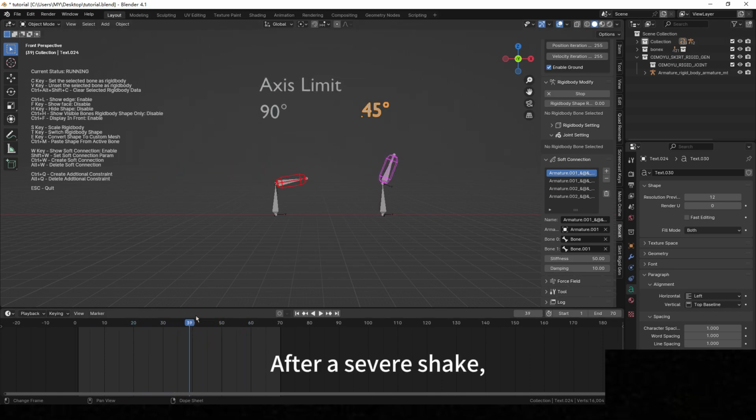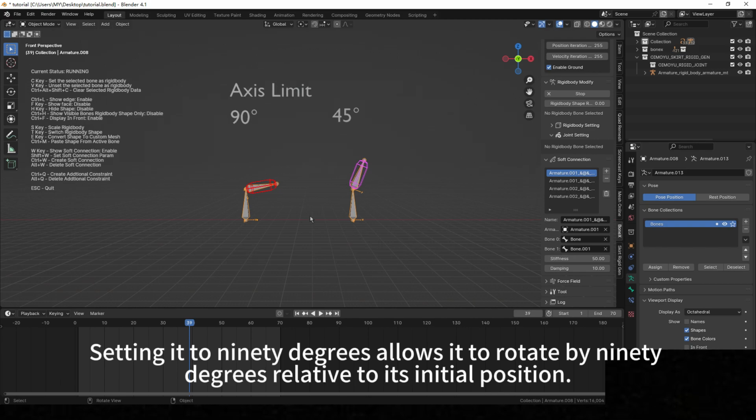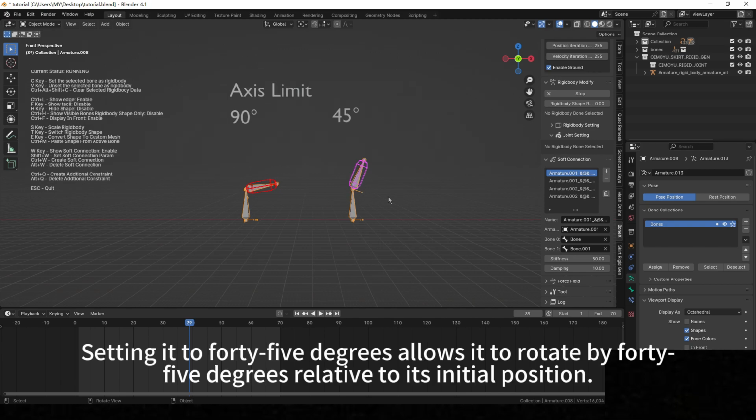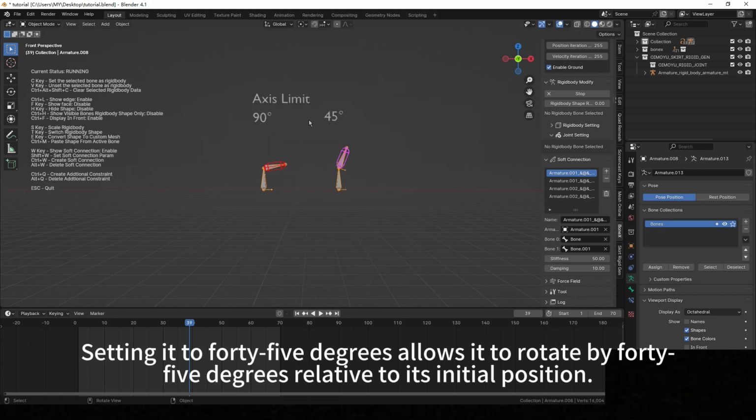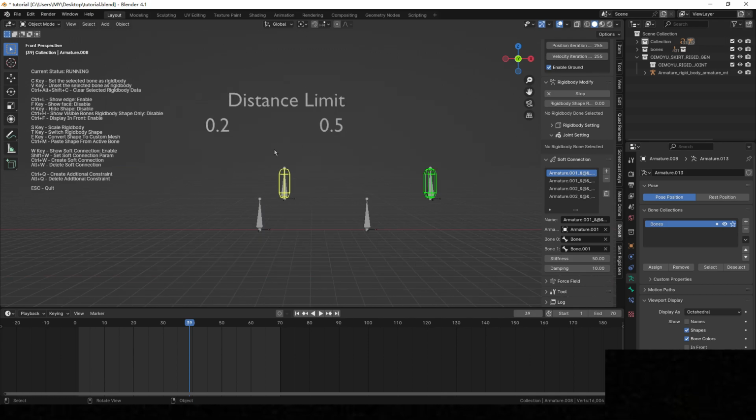After a severe shake, setting it to 90 degrees allows it to rotate by 90 degrees relative to its initial position. Setting it to 45 degrees allows it to rotate by 45 degrees relative to its initial position.